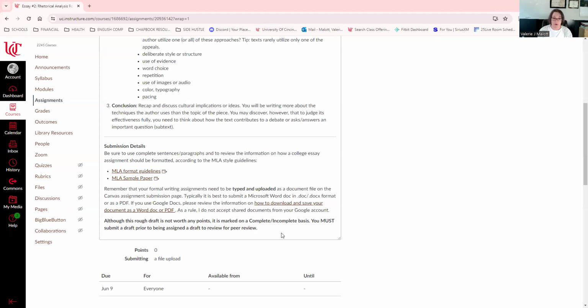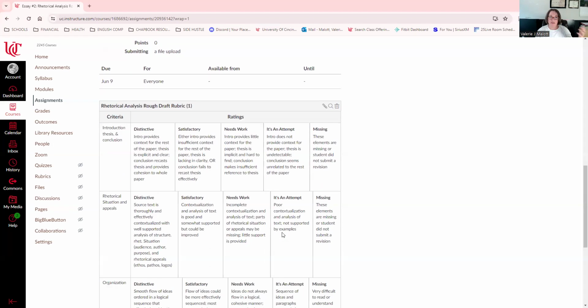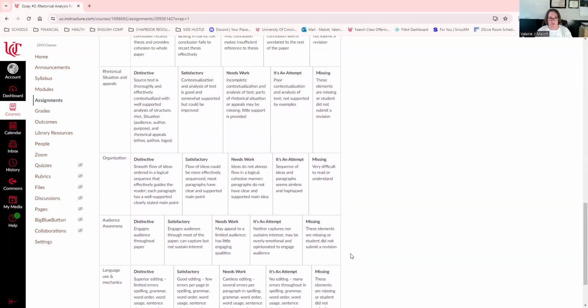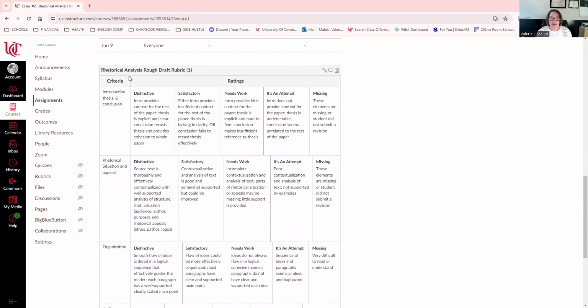So although this rough draft's not worth any points, it is marked on a complete and incomplete basis. So you must submit a rough draft prior to being assigned a draft to review for peer review. Those all will contribute to your final grade. So if you don't submit a draft in the revision portion, you will miss out on the peer reviewed aspect as well as the rest of the feedback. So what I'm looking for in this rough draft, again, we will be focusing on the